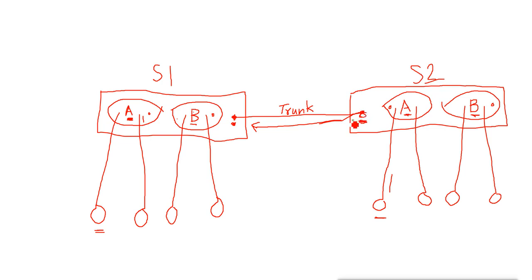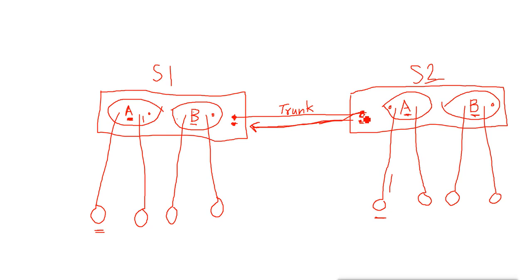That means it will start sending the request to the other side of the port, and it will say, do you want to be trunk? Now this port is already on desirable mode, so it will say yes, I want, and it will convert itself into trunk. And even if you configure this side of the port as dynamic auto, auto will wait for the other side to say. And the other side is like desirable, it also wants to be the trunk.